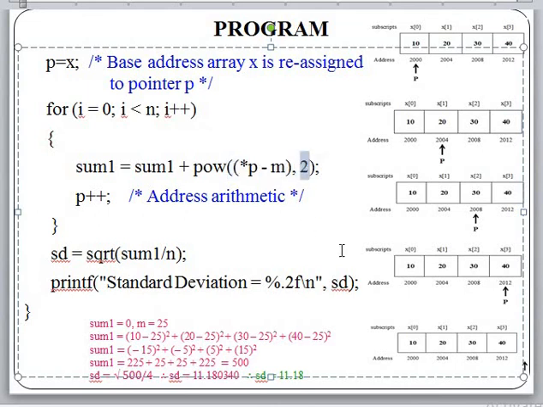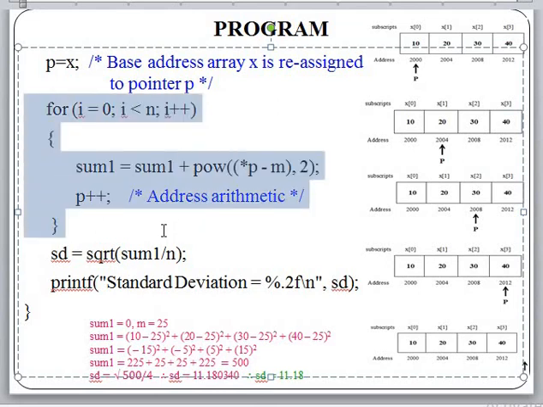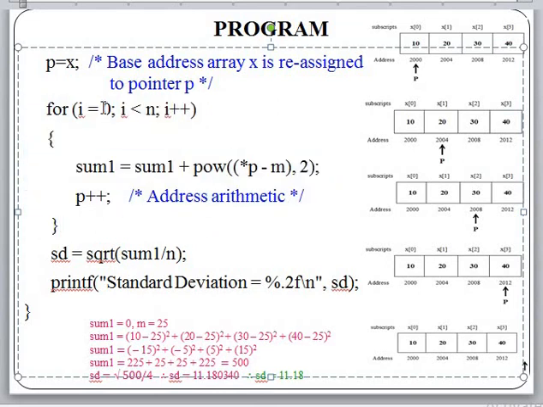You know that xi minus m whole square we have to compute. That's why we have this pow function here. Pow, then base, comma 2, that is square. So star p is xi, m is the mean, xi minus mean to the power 2 means its square. So we have to do the summation like what we did earlier. Now when the program execution starts, i becomes 0, 0 is less than 4, the condition is true. So it will compute sum equal to sum plus this value.